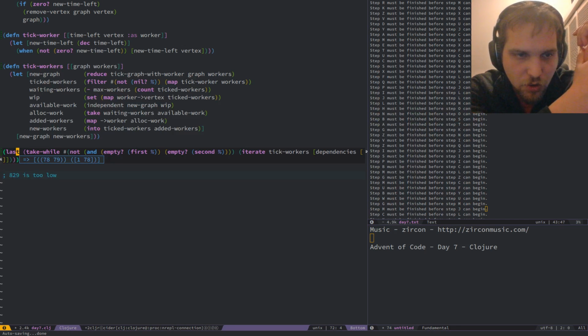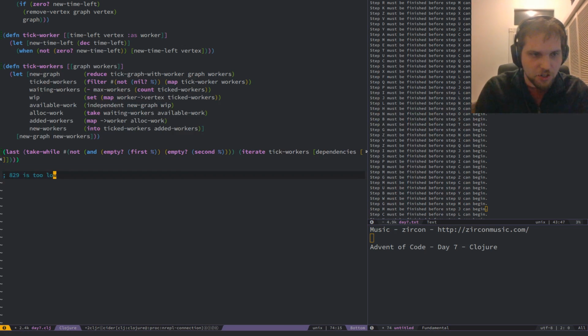Take up to waiting workers of available work. So let's just validate that that works as expected. If I take 5 of 1, I should just get 1 back. 1. Okay, we're good. Takes the first few items. Those should also be in alphabetical order, so that should also be grabbing things in the right order.